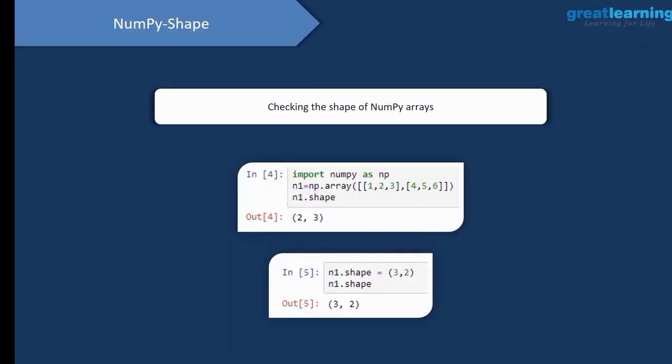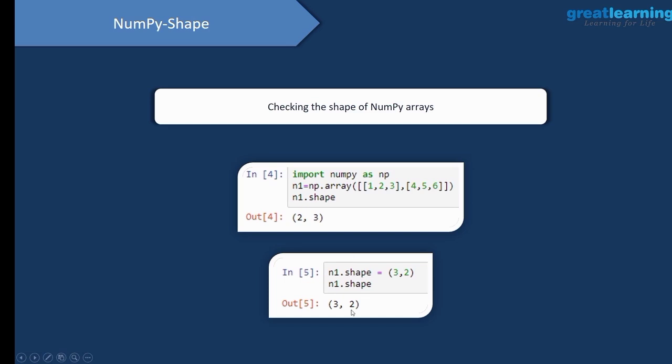Now we'll see how we can check the shape of a NumPy array and also change the shape of a NumPy array. So here we are creating a multi-dimensional NumPy array. I have created this array where these are the values, basically 1, 2, 3, 4, 5, and 6. Initially we see that the shape is 2 cross 3. That means there are 2 rows and 3 columns. Now, if I want to change the shape from 2 cross 3 to 3 cross 2,